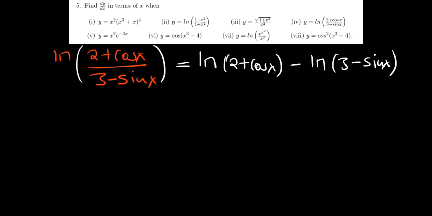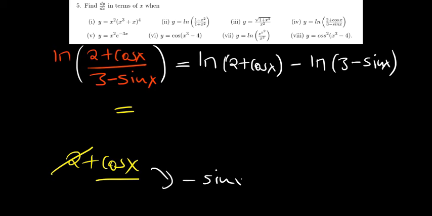Okay, so at this point we understand that for natural log, whatever is attached, the derivative of it over the original is the derivative. So what's the derivative of 2 plus cosine of x? You know that the derivative of a constant is 0. Now derivative of cosine is negative sine. Okay, derivative of sine is cosine. Take note of that. So derivative of cosine is going to be negative sine